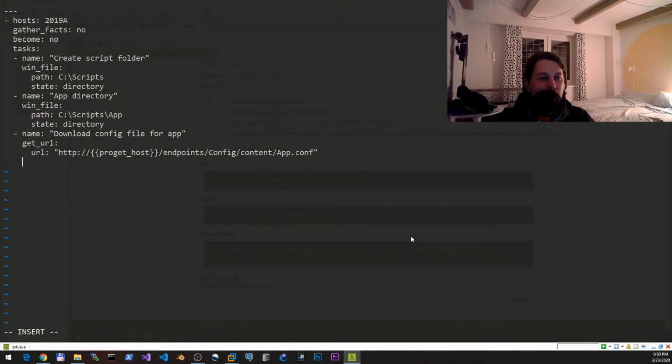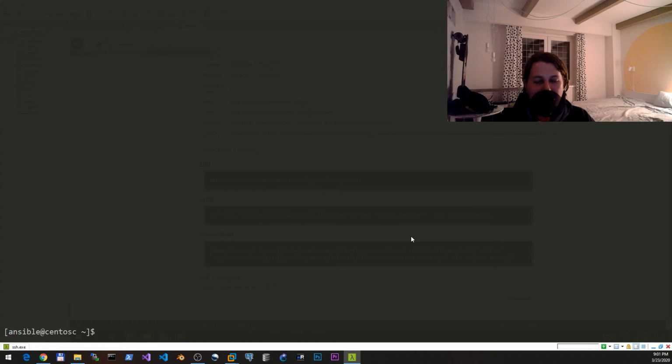Now what we need to do is to specify a destination. And this destination is going to be under the temp folder, app.conf. And we need to specify a URL username, which is going to be the ProGet user, and the URL password, which is the ProGet pass. Now if we save it and run our playbook once again,